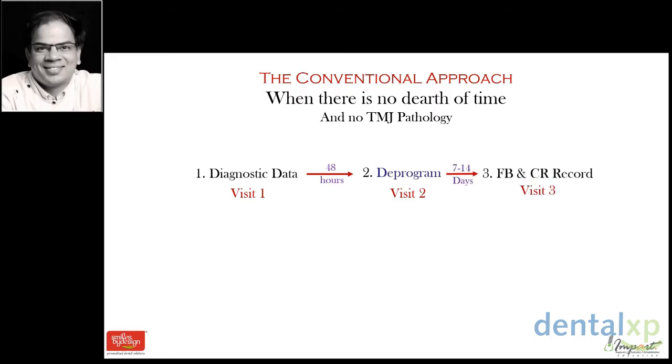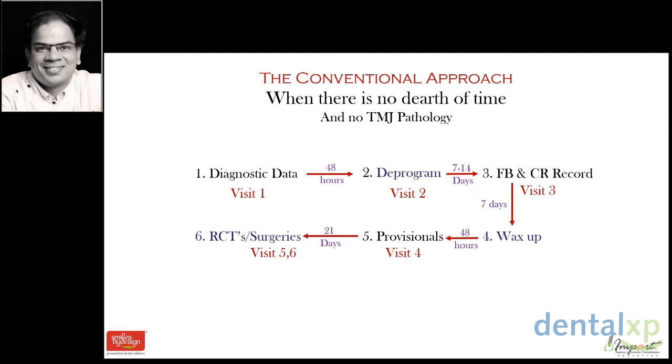I'll ask the patient to wear this for at least 1 or 2 weeks and then come back to me for all the records, in which I will take a face bow record and a centric record to mount the upper and the lower casts and get the patient's entire case on the articulator. From here onwards, I will design the vertical dimension of occlusion and ask my lab to do a wax up for me at the desired vertical dimension. From there, we will call the patient on the 4th visit and make a provisional restoration on all the teeth that have to be restored.